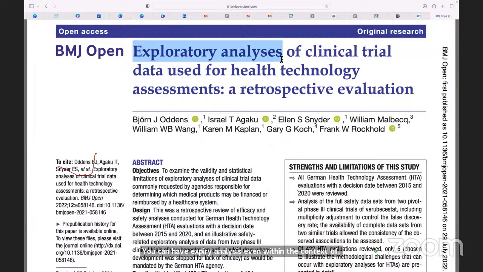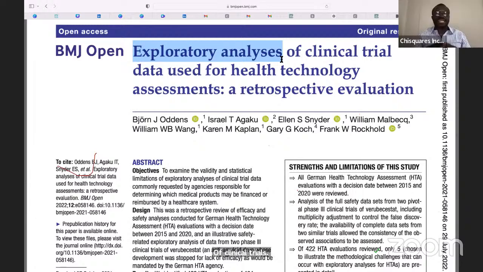So what we're trying to answer here is, what are the dangers that come from excessive, how will I call it now? When you excessively beat the data, for lack of a better word, right? And so the reason for this study was because the health technology assessment, HTA, agencies generally would require...